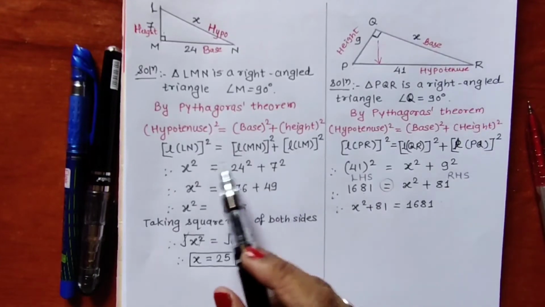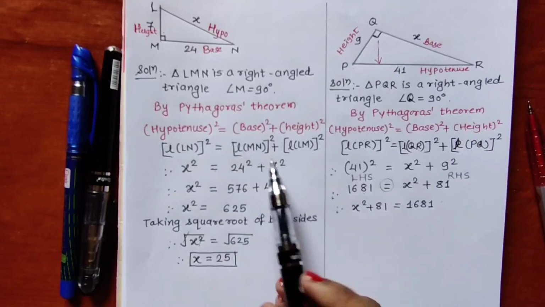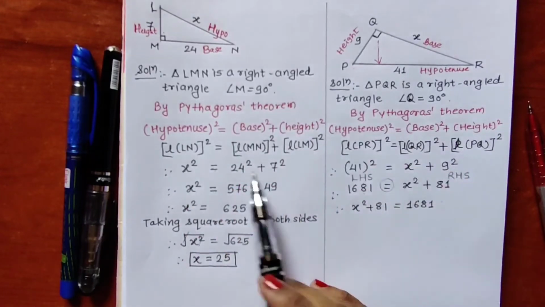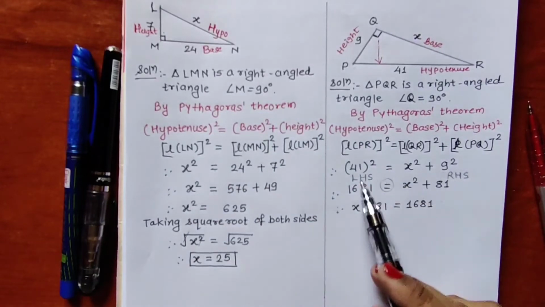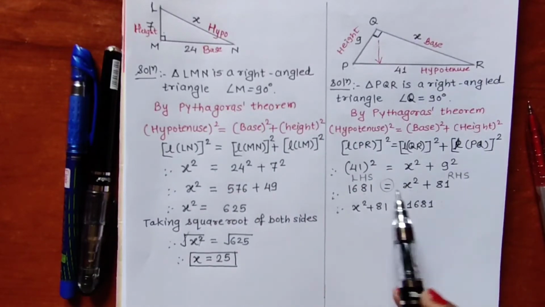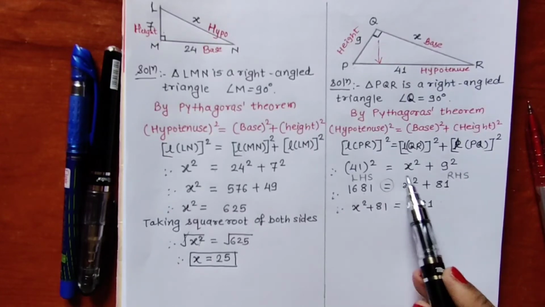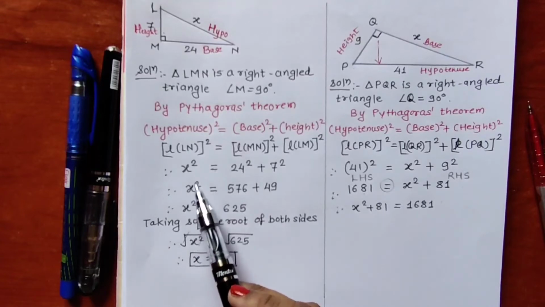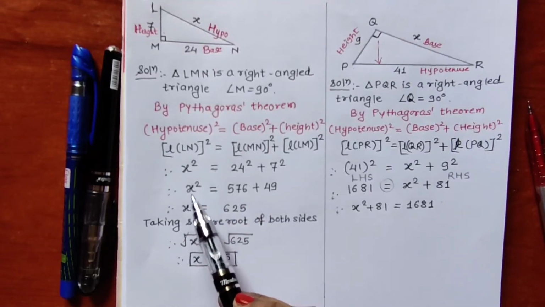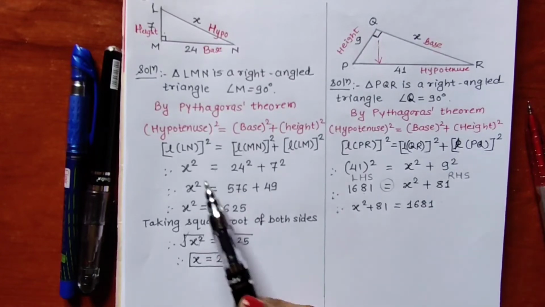Here we did not do anything like this because both the numbers were there on the right hand side. So we can solve them, we can add them on the right hand side. But here both the numbers are not there on the right hand side. One number is there on the left hand side, the other number is there on the right hand side, and this variable is also there on the right hand side. In the previous sum the variable was there on the left hand side, so we did not require to do all these things in that sum.